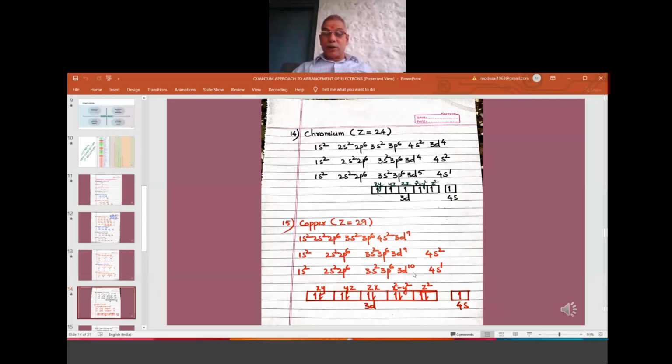So 3d10 means two electrons in xy, two in yz, two in zx, two in x square minus y square, two in z square, the two with opposite spin. One clockwise, one anticlockwise, one upward, one downward, one plus half, one minus half. This is the way we write. We show the spin. I can't show electrons spinning around the nucleus; we can see it through highly powerful instruments, but here I can't show. So just to understand the spin, one downward, one upward. Upward means taking clockwise, and downward means taking anticlockwise. That is the way you have to understand.